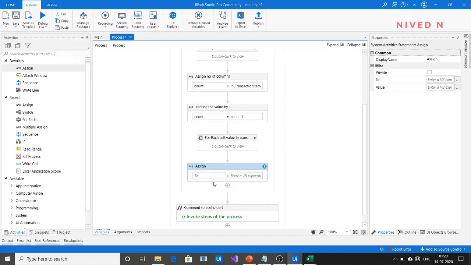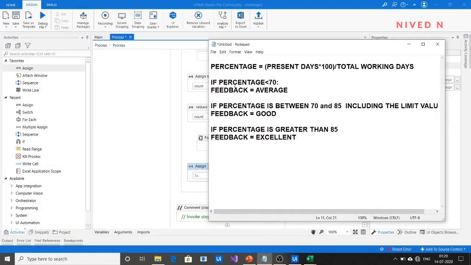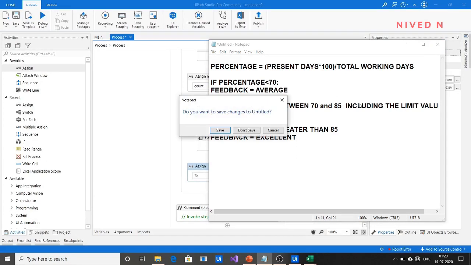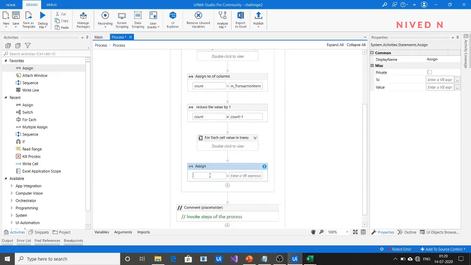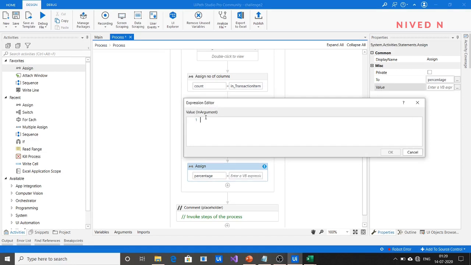Now you can give the equation for calculating percentage. We have already discussed that percentage is equal to present days into 100 divided by total working days. Specify it here: percentage is equal to present into 100 divided by total working days.